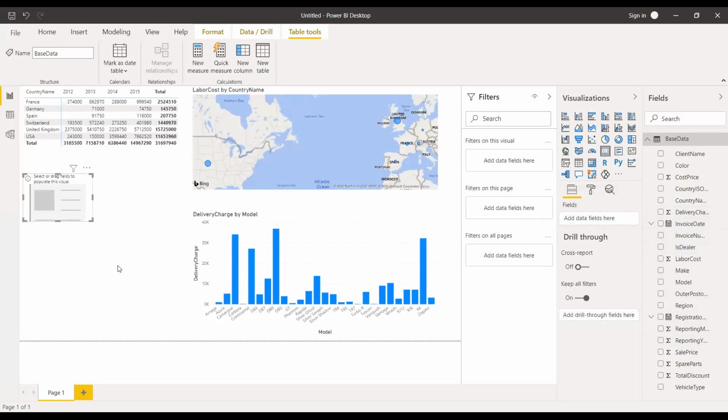So some visuals need numeric fields, but others need a geographical field, like the map. The map needs the geographical field, such as country names. The country name is a specialized field. It is not a string field. It is a geographical field in which the latitude and the longitude of the country are there, and the map is automatically adjusted by that field. So this is very important.